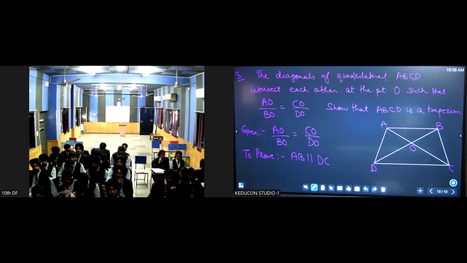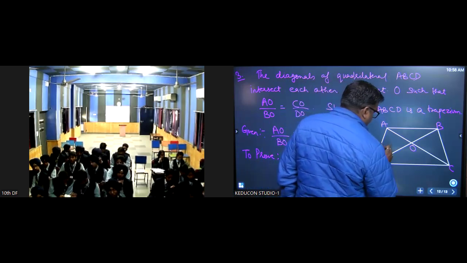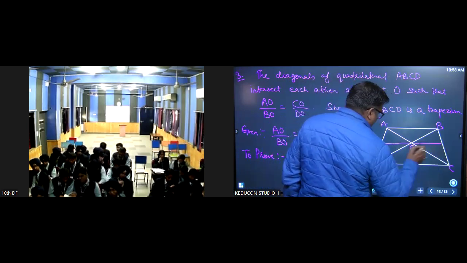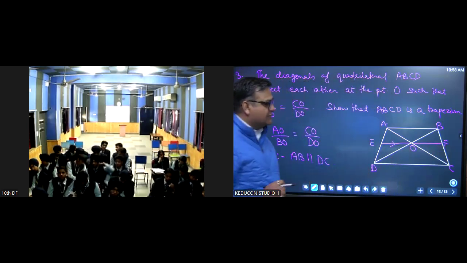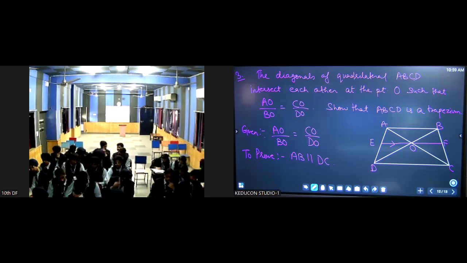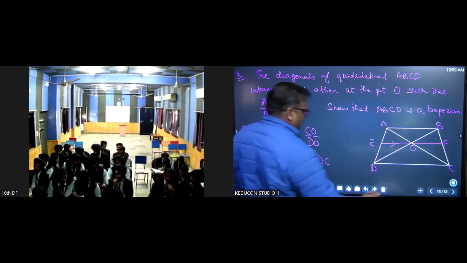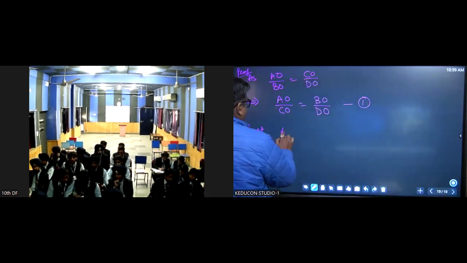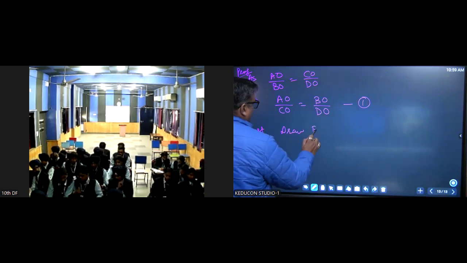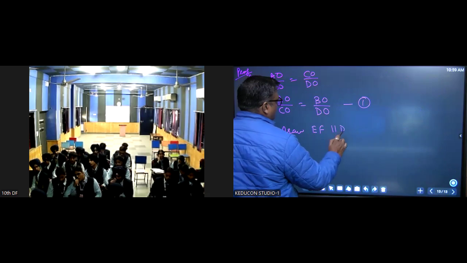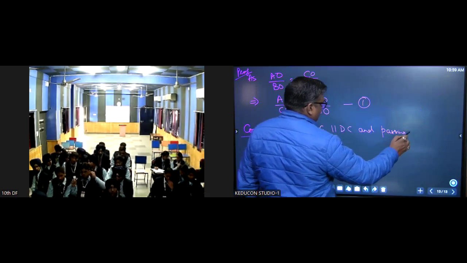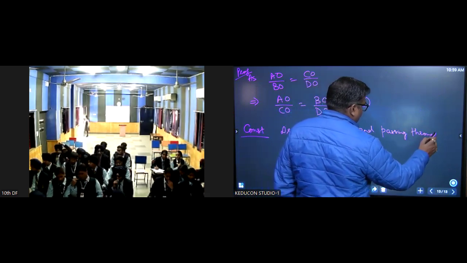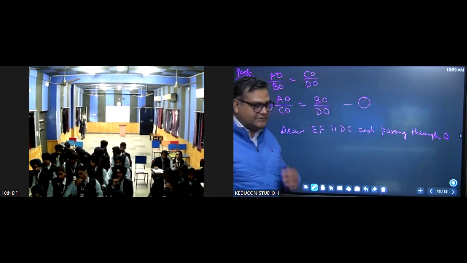Draw a line parallel to DC. Draw EF parallel to DC and passing through O. ठीक है, देखिए कंस्ट्रक्शन में draw EF parallel to DC and passing through O. ठीक है, ये लगा दिए. नाउ